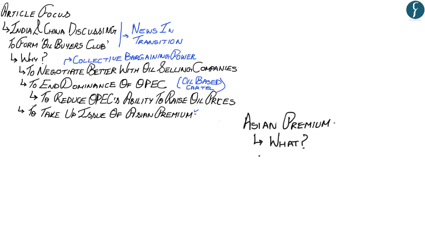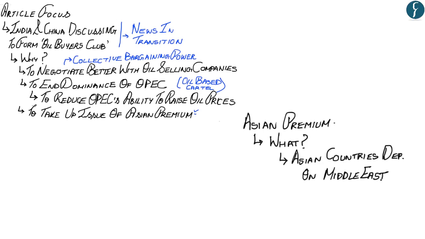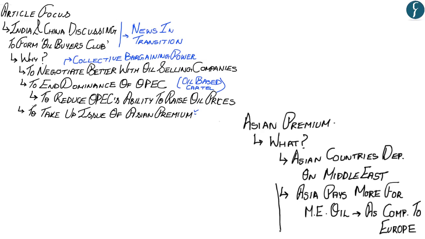Now, Asia is far more dependent on oil imports from the Middle East, particularly the countries of Saudi Arabia, Qatar, United Arab Emirates, among others, while European countries can also source their oil from West Africa, Latin American countries such as Venezuela, Russia, among others. And because of this dependence of Asian countries on the Middle East, it is widely believed that Asian countries have been paying extra for importing crude oil from the Middle East as compared to the US or the European countries. Now, according to several reports, Asian countries have been paying roughly around $1 higher than European countries.